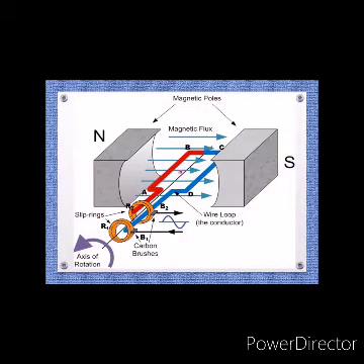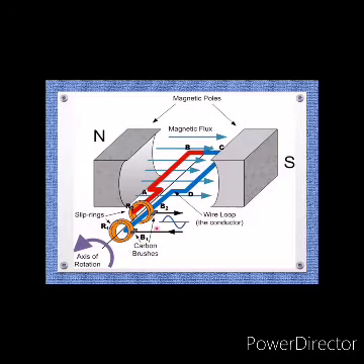So here I have a drawing of how the electric generator will be. Here we have the north pole and the south pole of a permanent magnet, and here we have a rectangular coil ABCD in which many turns of copper wire have been wound. Remember, the ends of the rectangular coil ABCD will be connected to the slip rings. Slip rings means the full ring. Split means half. Slip means full ring. And remember, the slip ring R2 is connected to the brush B2 and slip ring R1 is pressed against the carbon brush B1.